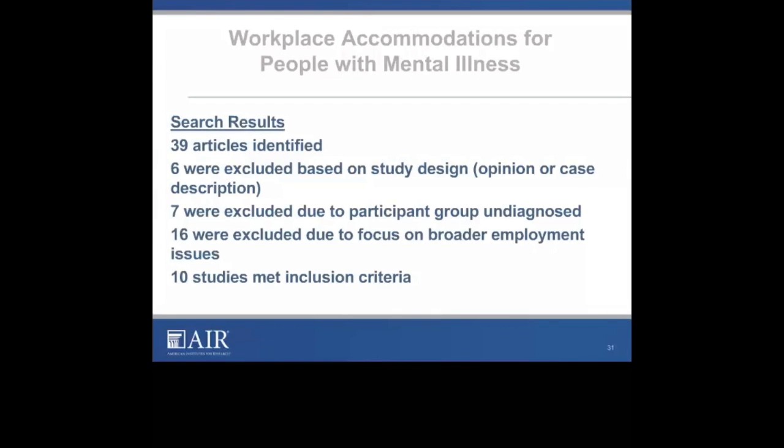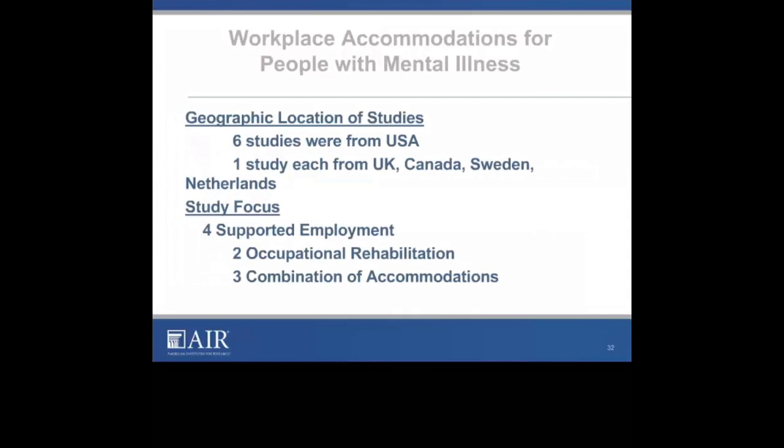The result was they got 10 studies that met their criteria for including in the review itself. And in those 10 studies, 6 of them were from the USA, and then 1 each from Canada and Sweden. Now, I also included this one because 10 studies is reported one place, and then in the findings section, it was down to 9 studies, and I couldn't find where we lost the 1 study. So I know there's a UK, Canada, Sweden, Netherlands here, and that's the 10.